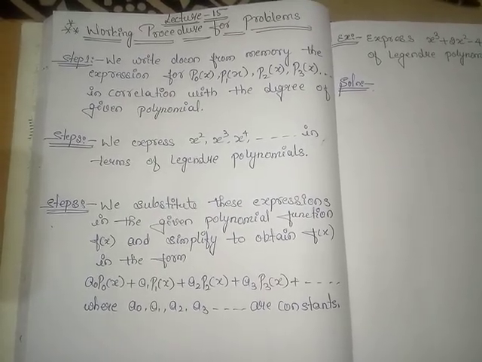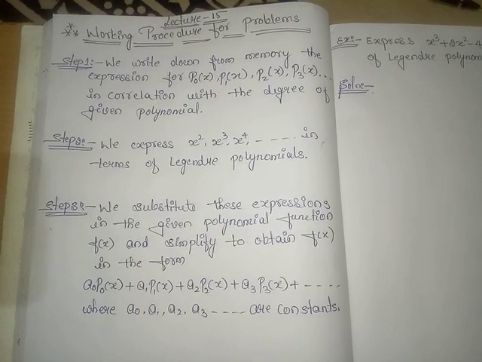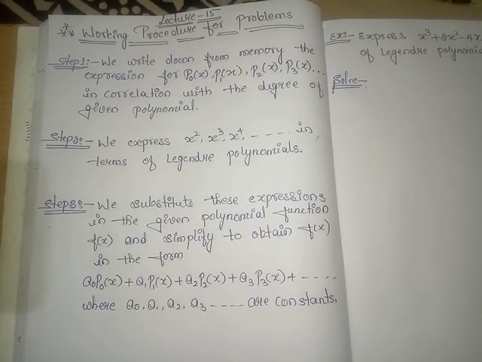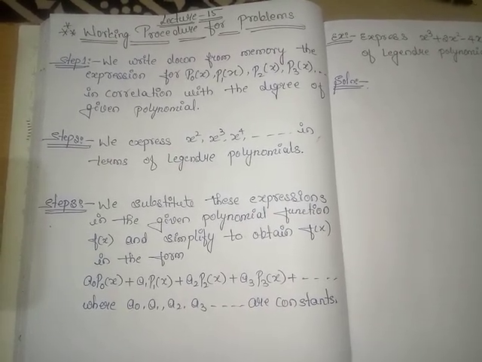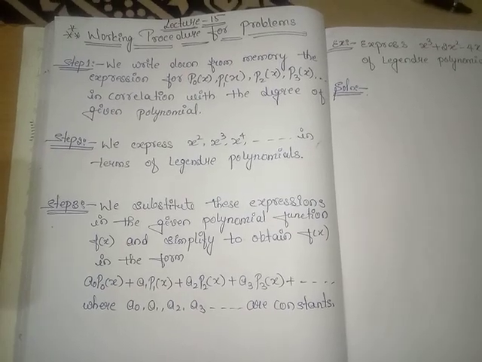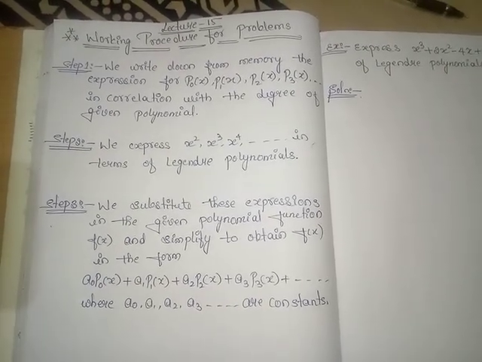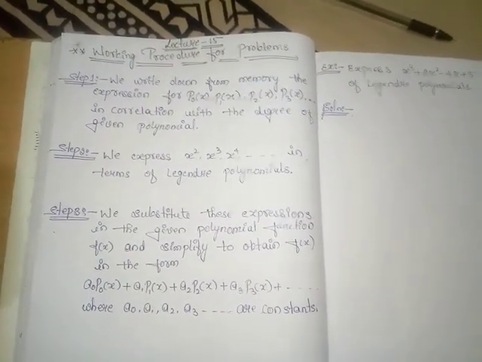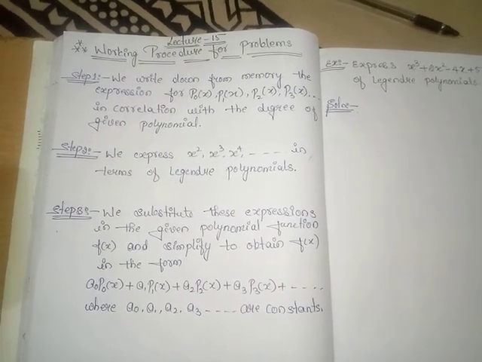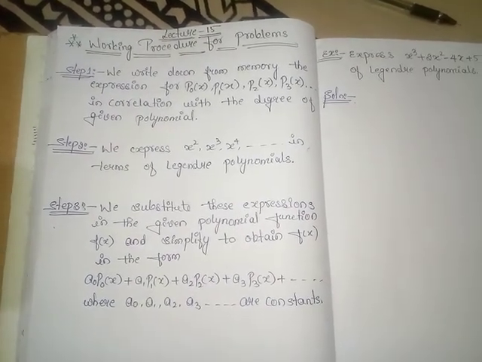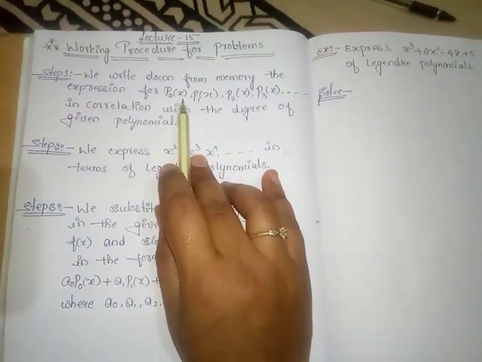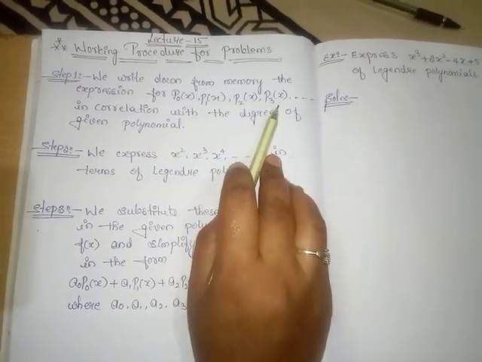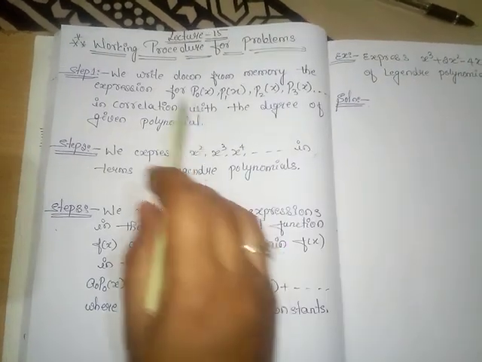Hello everyone. In this class we will see the working procedure for the problems on the basis of Rodriguez formula and the results on Legendre's polynomial. We have some examples here. Let us see what will be the working procedure, how to solve the examples using those polynomials and also using Rodriguez formula. Here we are using Rodriguez formula indirectly, meaning on using Rodriguez formula we have obtained some Legendre's polynomials. Here we are using these Legendre's polynomials to solve the examples.